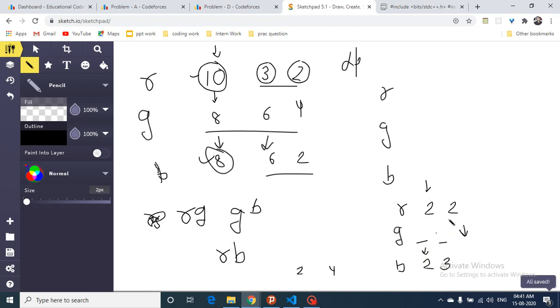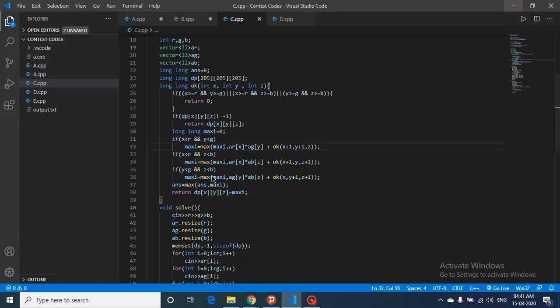Now you have to check that at least R has some element and B has some element, then only I can take out these elements. Because if G is empty, how can we take out the element from this? So you have to check that first, and that's what we are checking. If x is less than R, because x is the pointer on the R vector, for red bars, and y is for G, green bars, so if both of them are in limit,